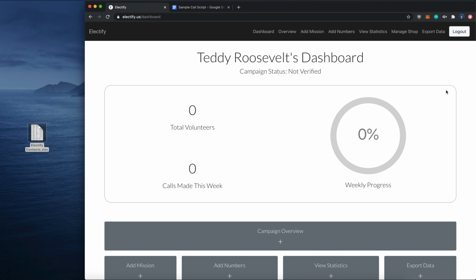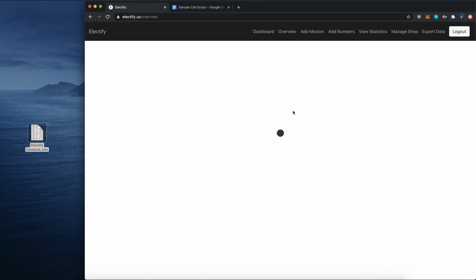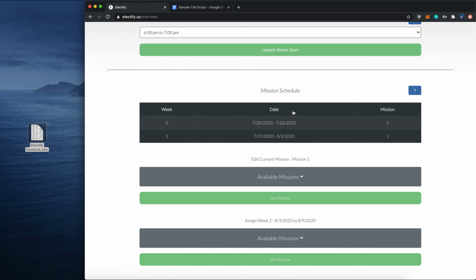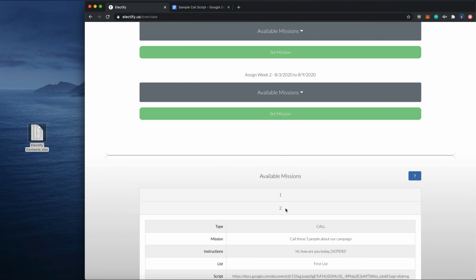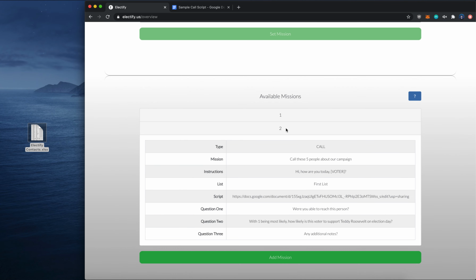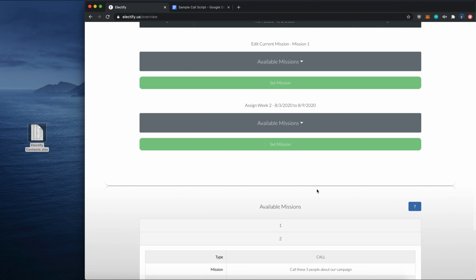Great. And then for confirmation that our mission was successfully created, we can go to the overview page, scroll to the bottom once again, and see, great, mission 2 has appeared. It's a call-based mission. It's to call these 5 people about our campaign using this introduction and this script, with this as the final question. Now,